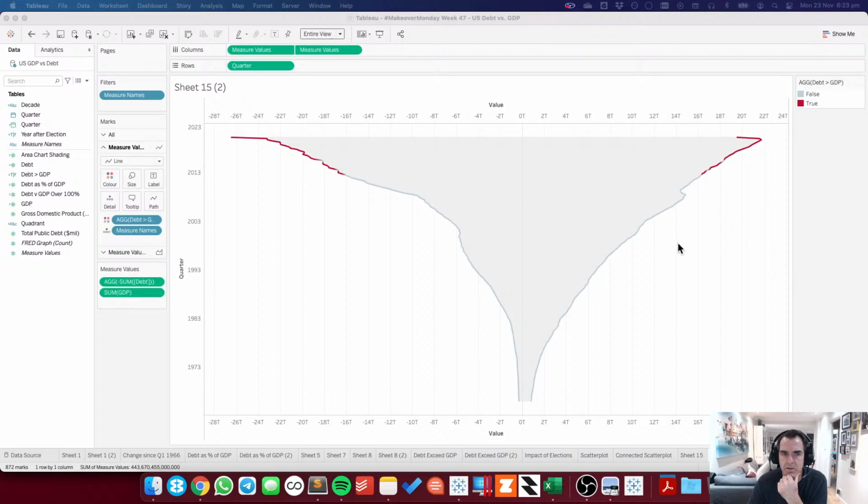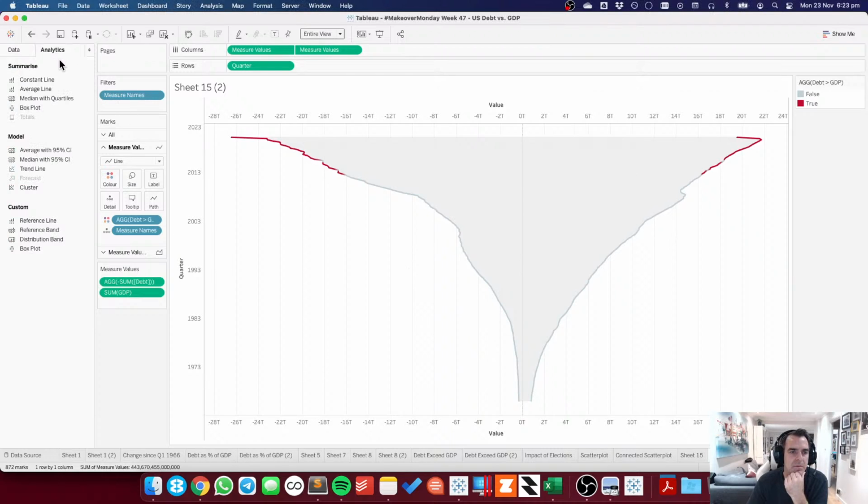So maybe what I could do is I need to know, I want these to be the same width on either side. So what I'm going to do is, let's see, our max value, so reference line,